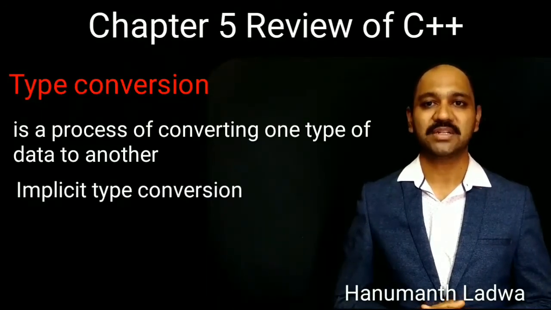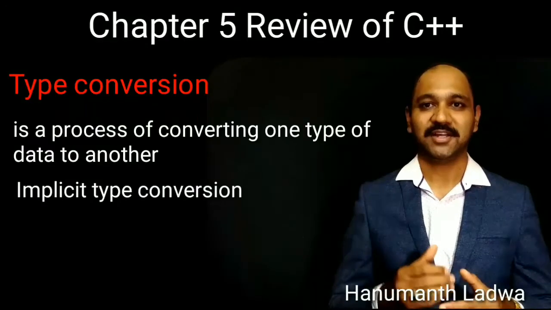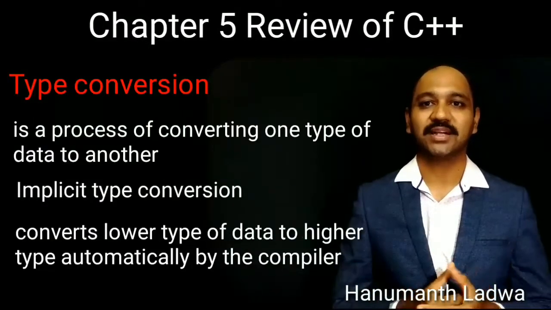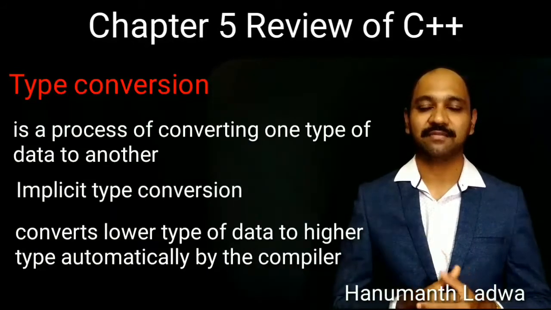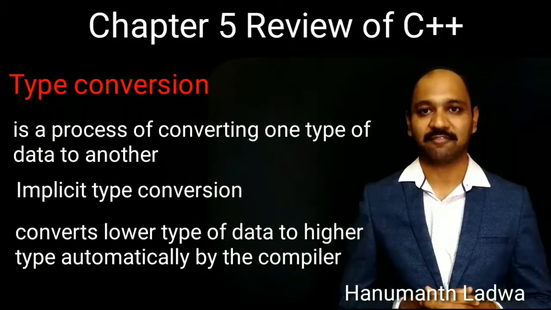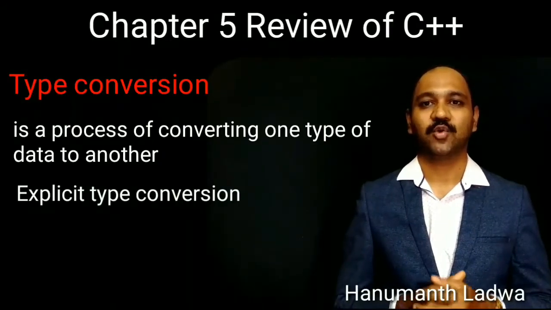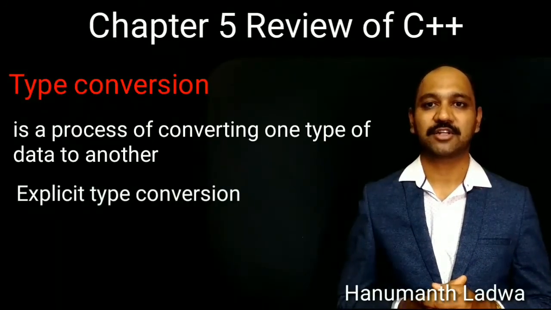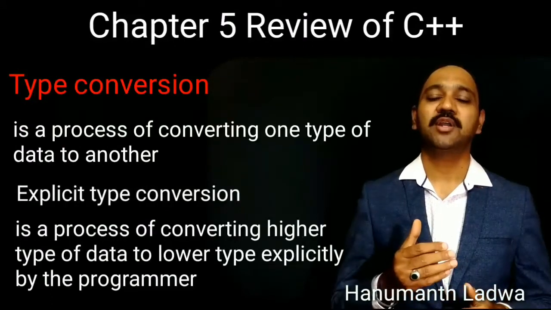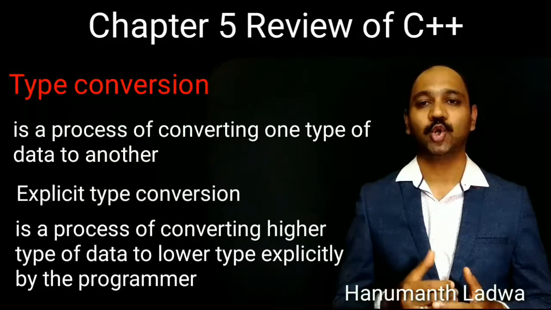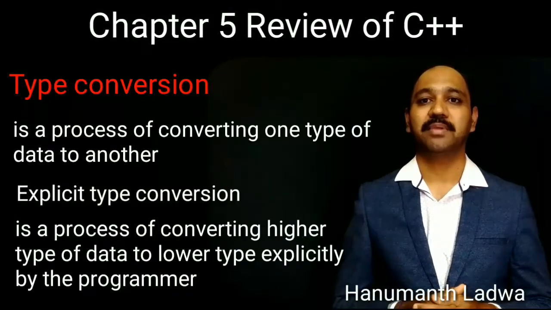What do you mean by implicit type conversion? Here the compiler is going to convert the lower type of data into higher type of data automatically by itself, which is called implicit type conversion. Next, move on to explicit type conversion. What do you mean by explicit type conversion? Here the programmer will explicitly convert from higher type of data into lower type of data